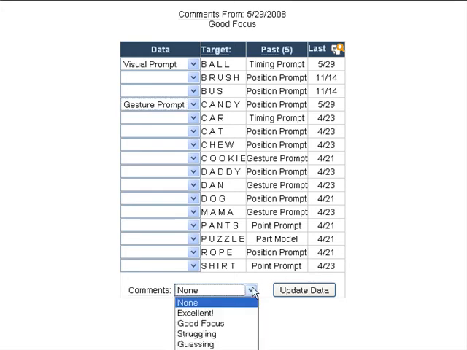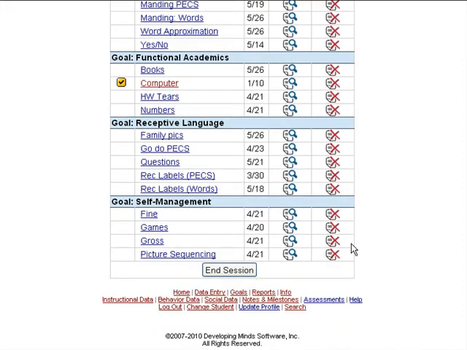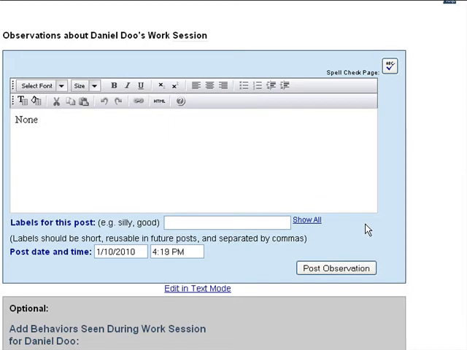And then again, I can enter my comment, struggling, and click Update Data. And again, this one is now checked off. If I click the End Session button at the bottom of the page, it will take me to the observation data entry page, which will allow me to enter those observation comments that you share between therapists and instructors and